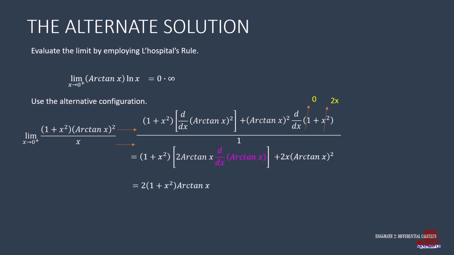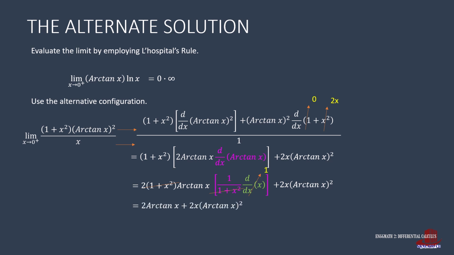The first term then is arranged as 2 times 1 plus x squared with arctangent x, then the derivative of arctangent x is the pattern of 1 over 1 plus x squared with d over dx of x. The second term is just copied as no further differentiation is required. Dx over dx is 1, and the binomial 1 plus x squared also cancel out, shortening the first term into